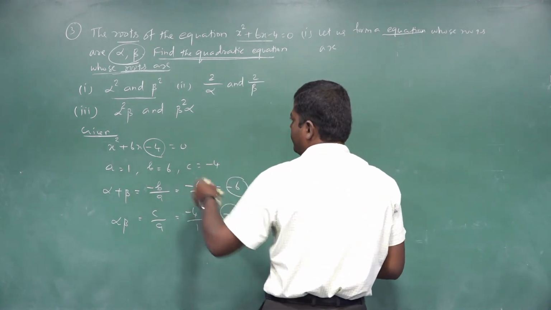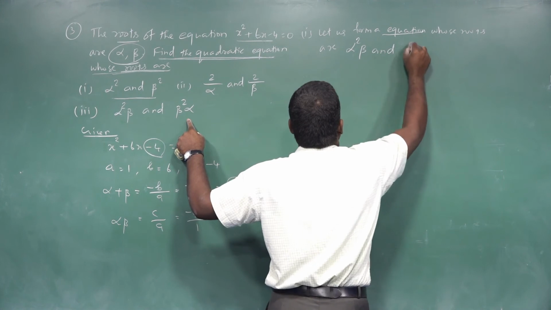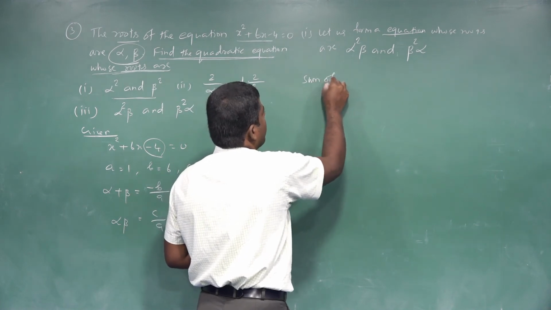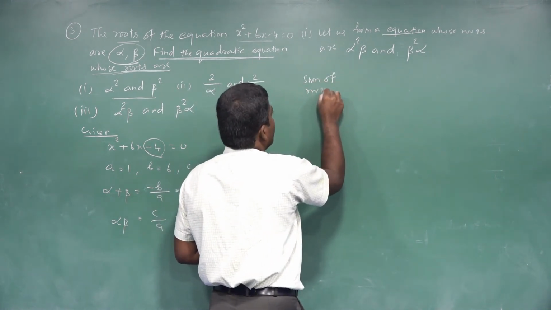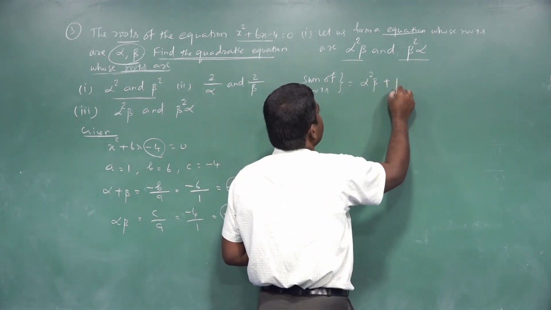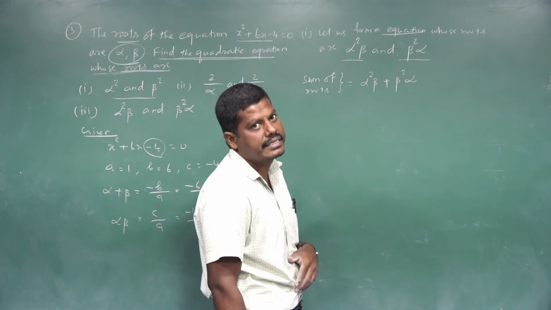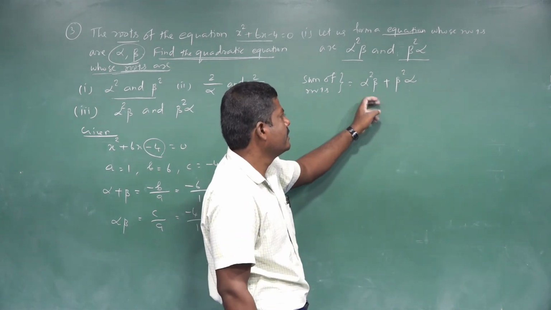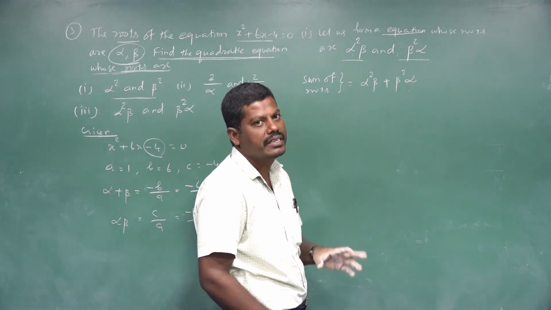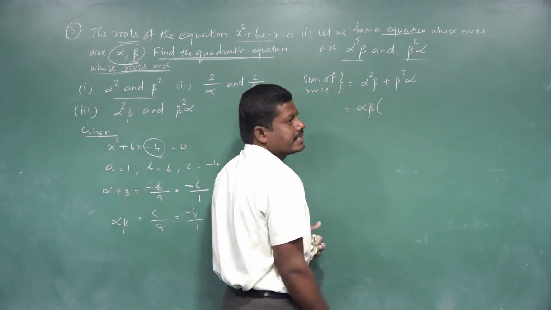Question number 3 you take. The first root is alpha square beta and the second root is beta square alpha. Understand? First we want to find the sum of roots. Sum of roots is equal to the sum of these two roots, alpha square beta plus beta square alpha. Understand? We cannot simply sum this because they are unlike terms. So from these two terms, alpha is there in both, so alpha is common. Beta is also there in both, so beta is also common. So we can take alpha and beta outside. Understand? What's remaining?